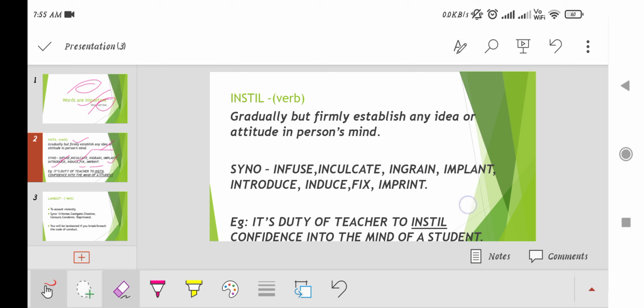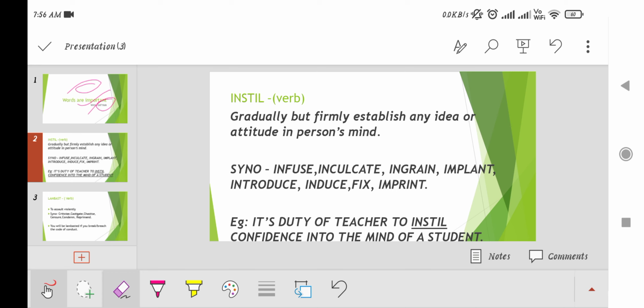Okay, now moving ahead. For example, means how can we use it in a sentence, because it's a verb. And if we know words but we don't know how to use those words, it will be futile to know those words. It will be of no use. So it's very imperative, it's very important, and we must know the practical or pragmatic meaning of those words. Even then we can use that word in a sentence.